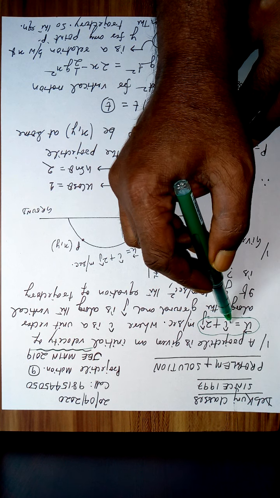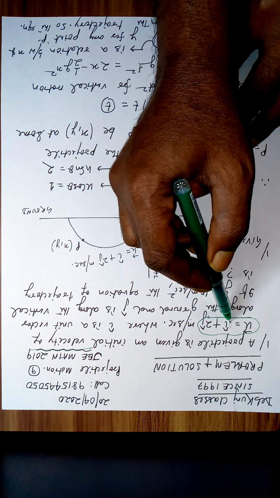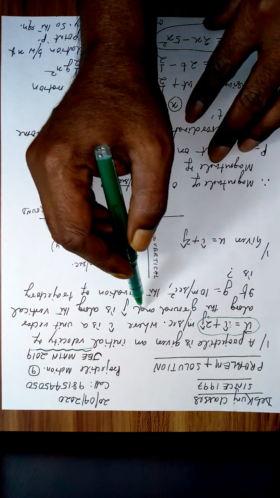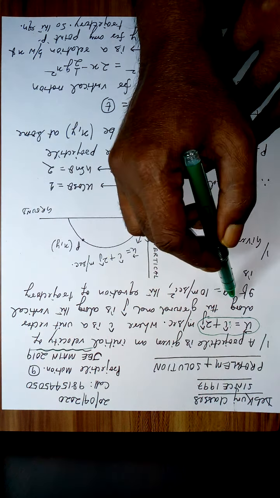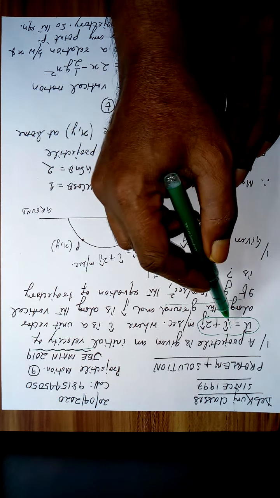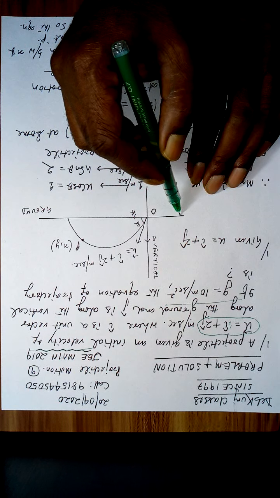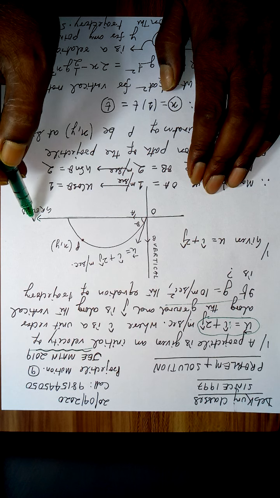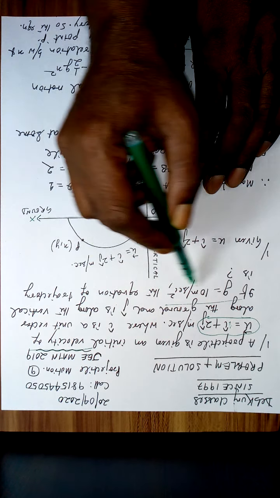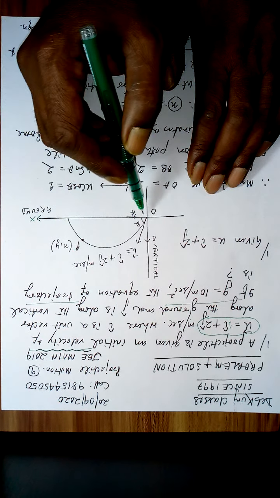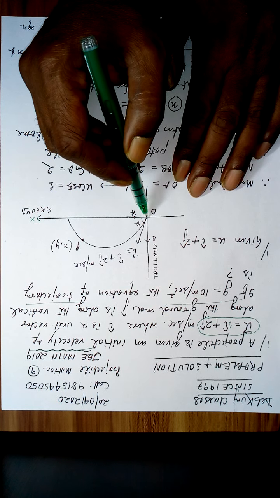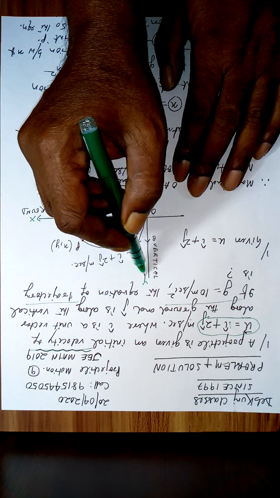Here the coefficient of i cap is 1, no need to write. The coefficient of j cap is 2. Where i cap is a unit vector along the ground. So your ground is therefore your x-axis. And j cap is along the vertical. Therefore, since j is a unit vector along the y-axis, this is your y-axis, that is the vertical.